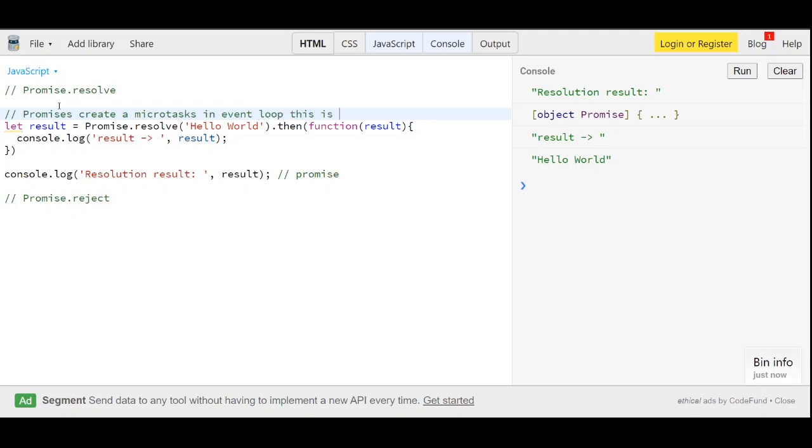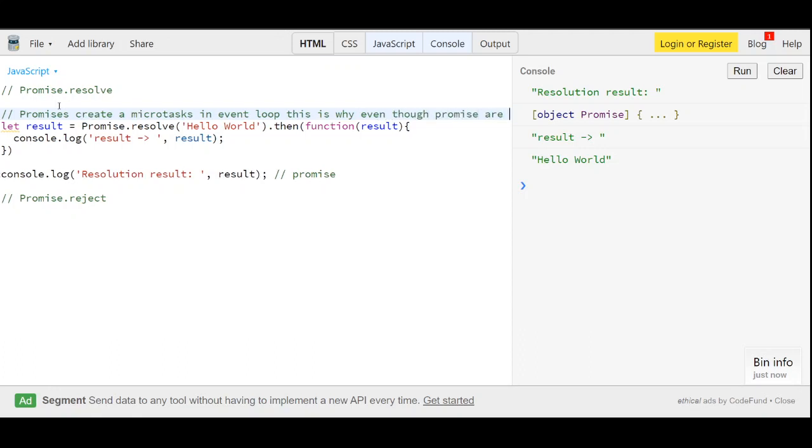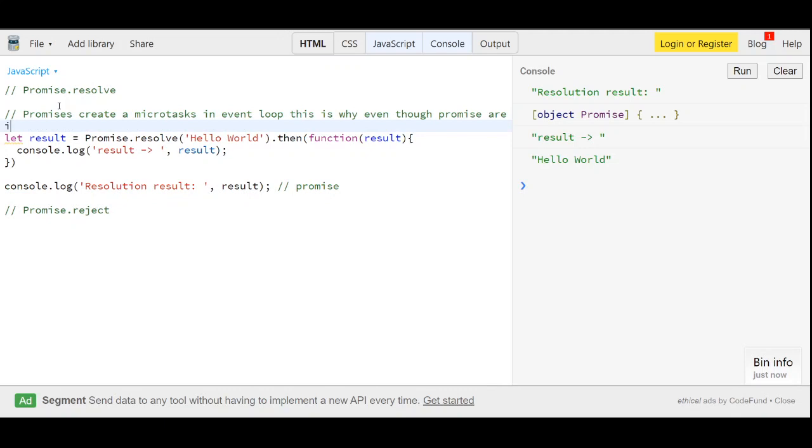This is why, even though promises are in the resolved state, it will take time to process.